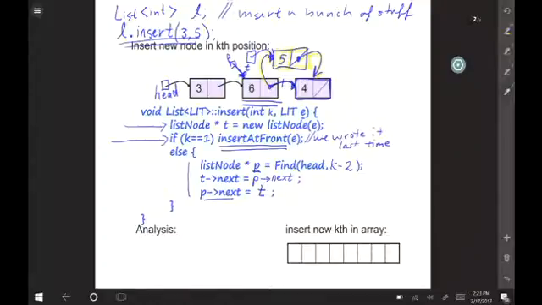Yeah, there may be a little bit of a bug there. We insert at front. Insert at front should be written in such a way that it doesn't redeclare T, okay? Well, we can fix this up, but we're not going to. That's slightly broken as it is right now. It would declare 2 new list node pointers because insert at front makes its own. So after all these years, I have never noticed this bug before. So thank you to